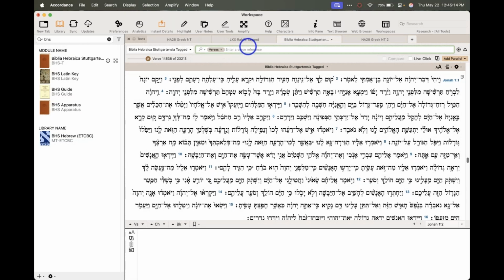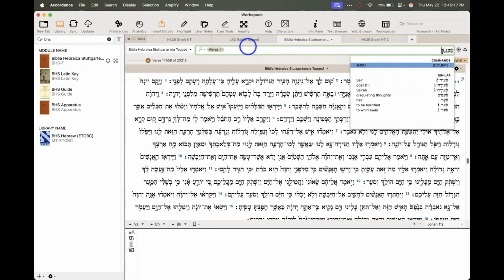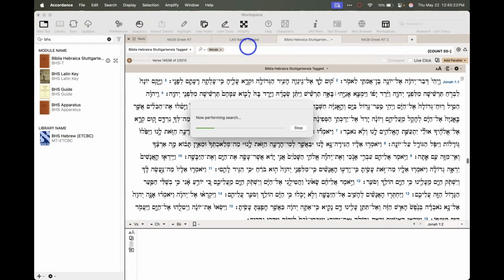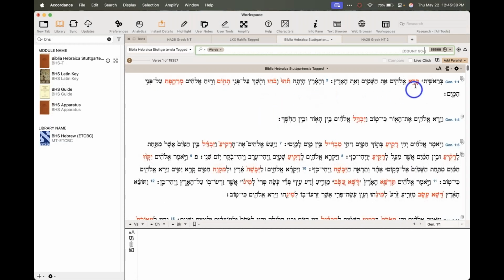You can change this to words. I'm typing in count, getting a keyboard shortcut. Again, pick your number, 50 minus, and that search will run usually pretty quickly. Of course, now I say that and it's taking a little bit longer. We've got more text to search here, but there's your